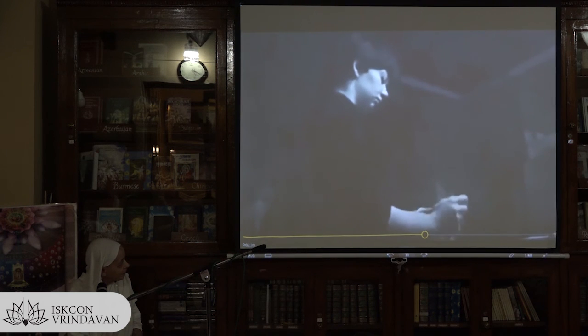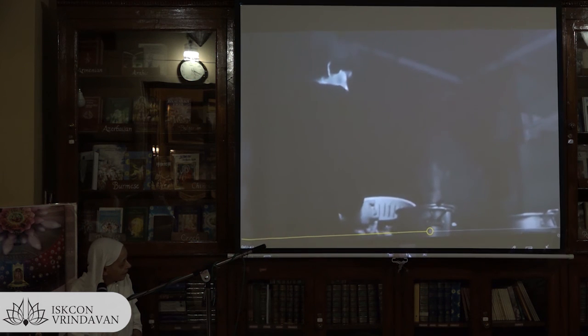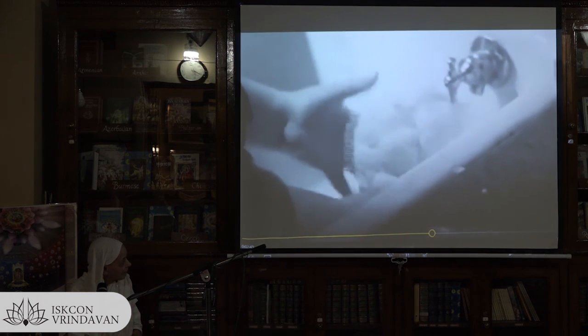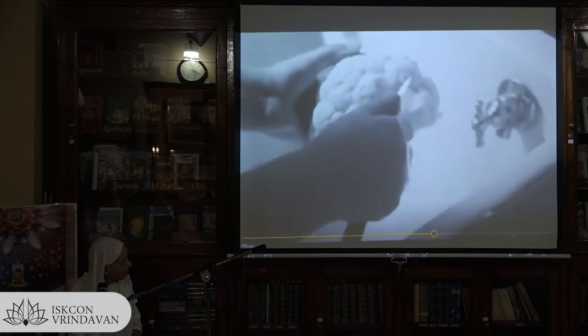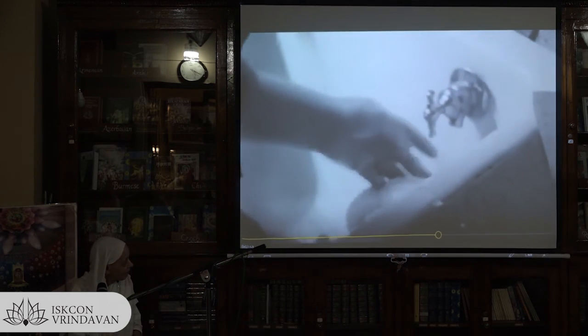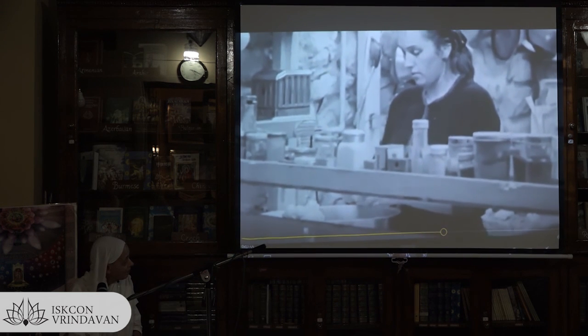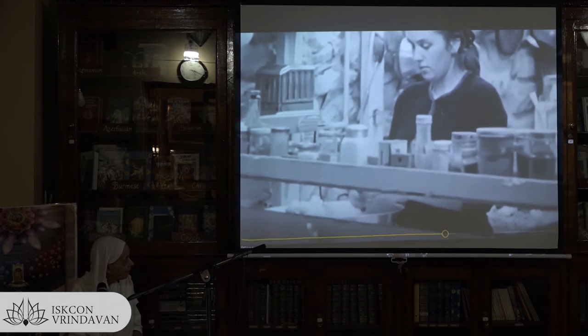And we would gather around as he was cooking. We wanted to learn from him what he was doing. So we would ask him questions, and he wouldn't answer, because we were totally absorbed in his moment-to-moment activity. And although we were in a happy mood because we were anticipating